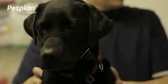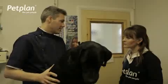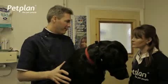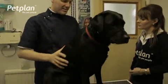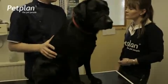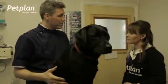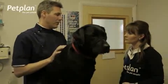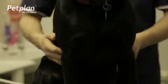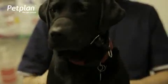but also trying to treat one of the reasons why they get arthritis in the first place, which is the weight. Labradors here, great appetites, love their food, and they get a little bit heavy. And you can see Ellie here, she's a little bit over. So one of the things Ellie's on is on a diet to try and reduce the extra weight that she's putting on those joints. Other things we can do joint supplements, we can do hydrotherapy, physiotherapy even, sometimes even acupuncture. So lots of little combinations are coming in, but the key to it is making sure we control the pain